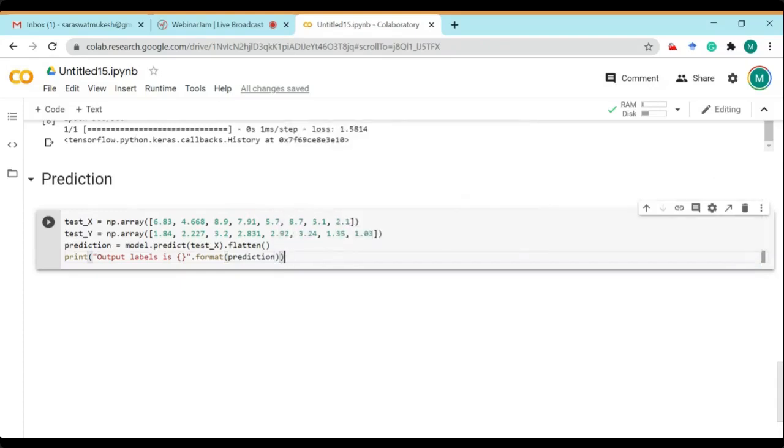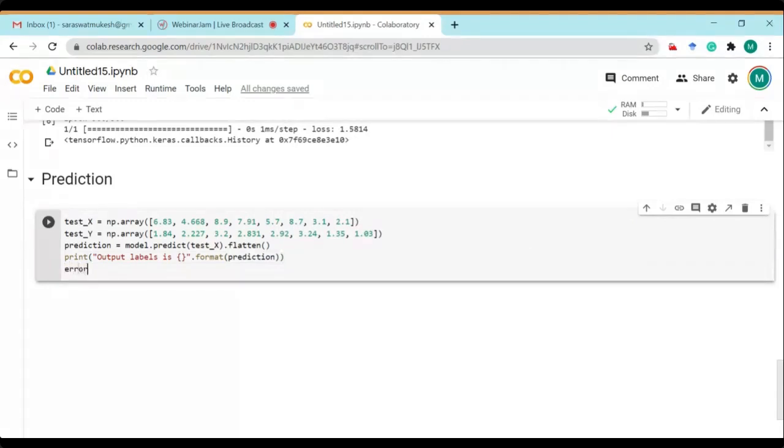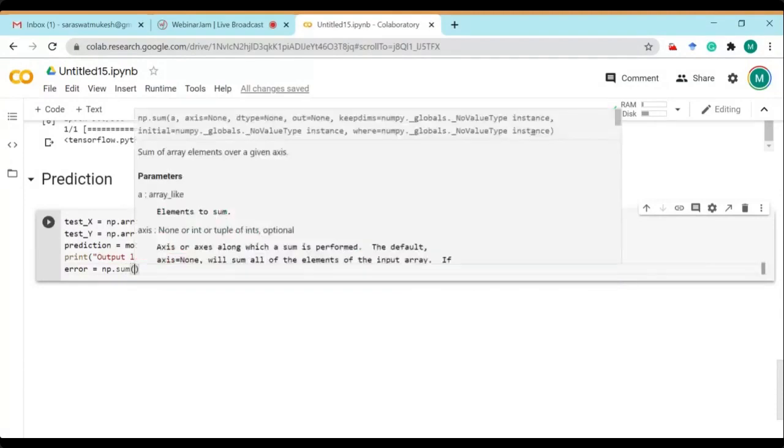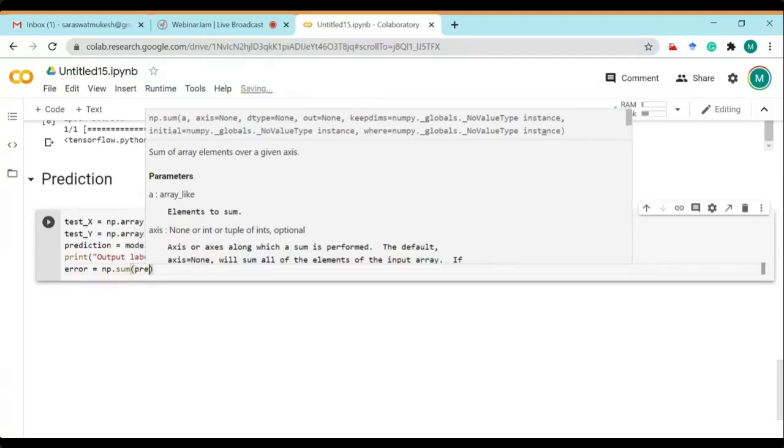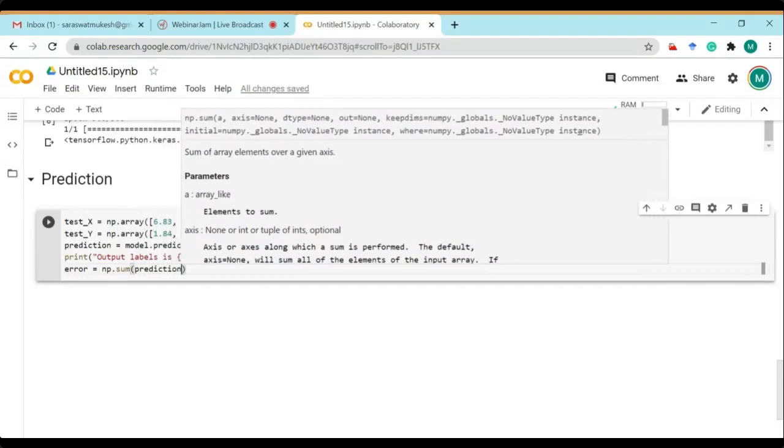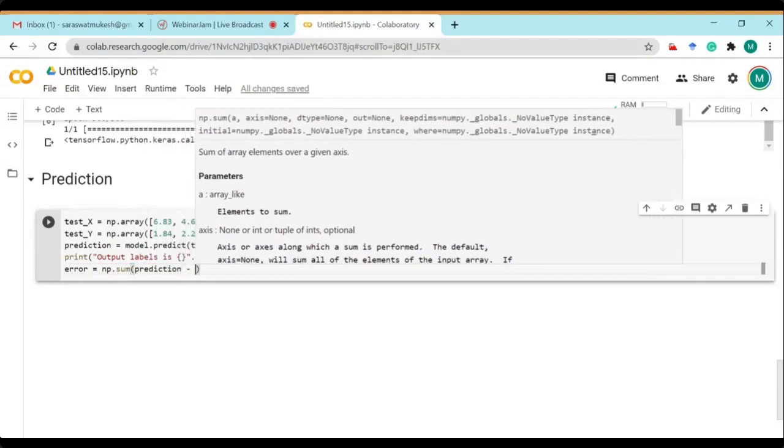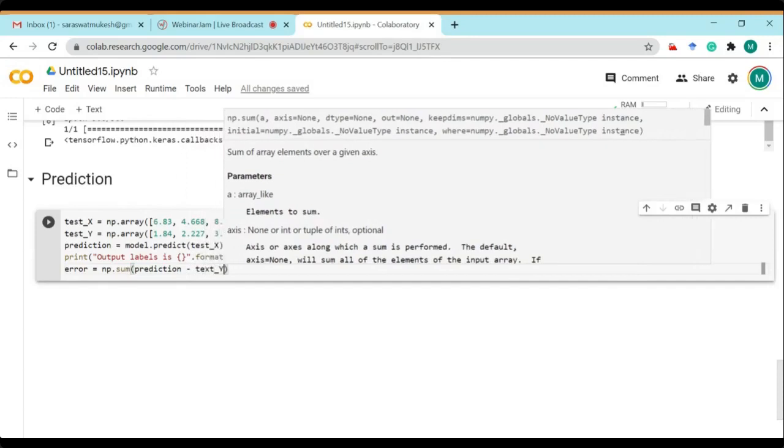Then finally we can also calculate the error. Error will be np.sum. How are we going to calculate it? We subtract the test y from the predicted value, and then sum up those differences. So we write prediction minus test_y. This gives us the total differences, and then we sum up all these values.